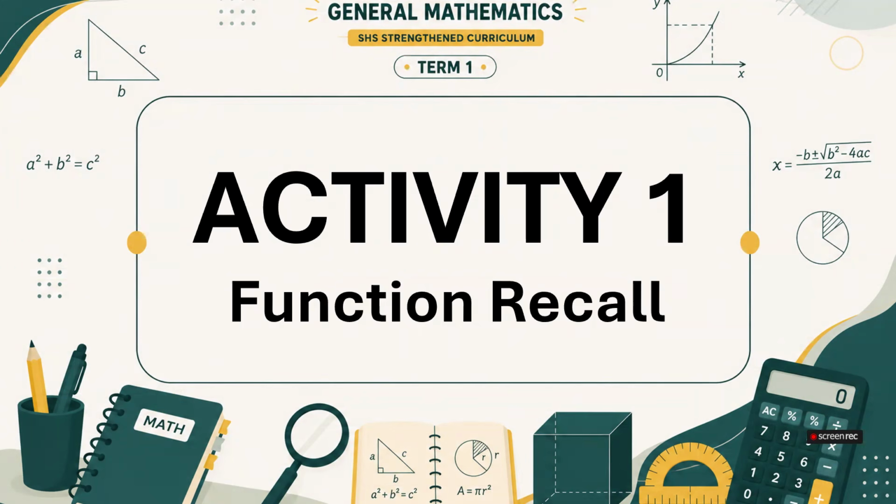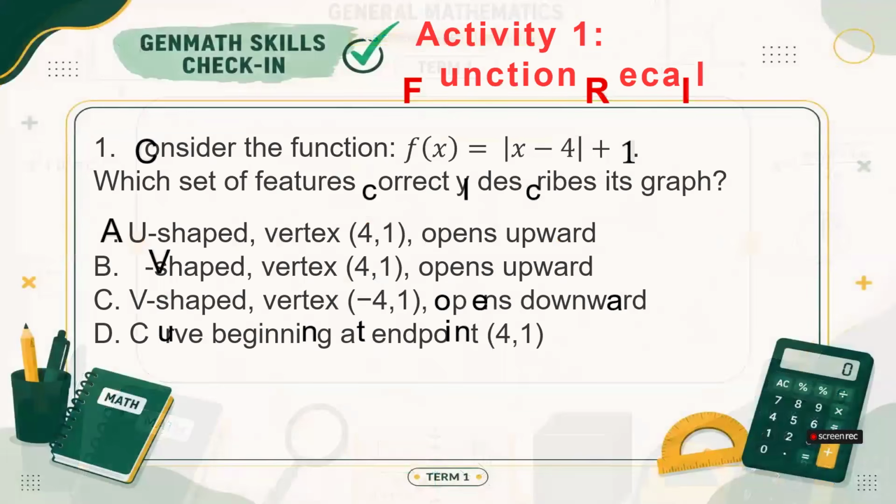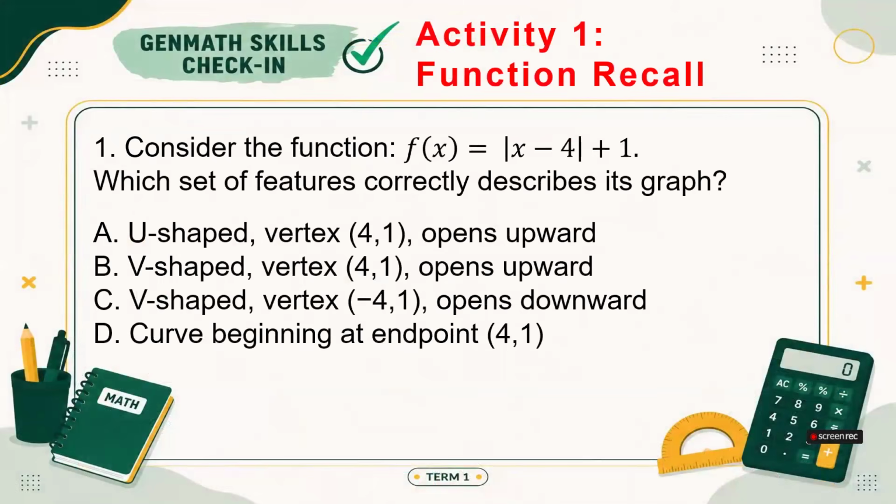Welcome to our activity number 1, which is entitled function recall. I will be showing you some equations. Your job is to recognize the characteristic of their graph or what the graph looks like. Remember these rules. Linear means straight line, quadratic is U-shape, the absolute value is a V-shape, the cube root and the cubic function is an S-shaped curve while the square root is a curve with an endpoint. Let us see how much you remember in the previous lesson. Let's have the first question. You may pause this video.